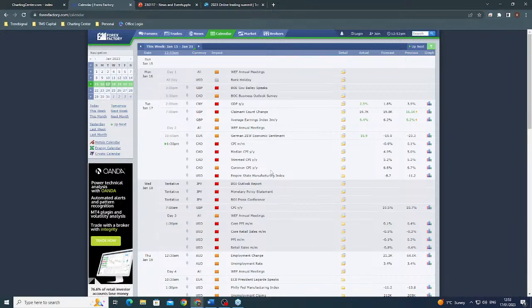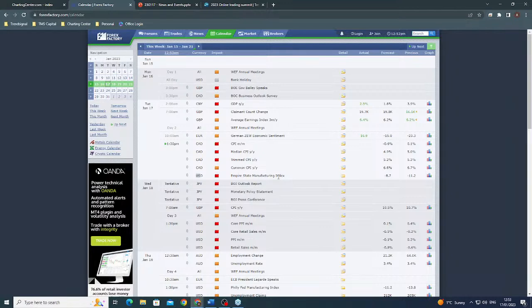So what can I see for today? In China, we had their GDP growth data. In the UK at 7 a.m., we had claimant count change data, ironically the same as on that slide from however many years ago, it doesn't matter. CPI inflation data in Canada will have the biggest impact on the Canadian dollar. And we've also got Empire State manufacturing data in the US. These are all deemed to be important items of data.